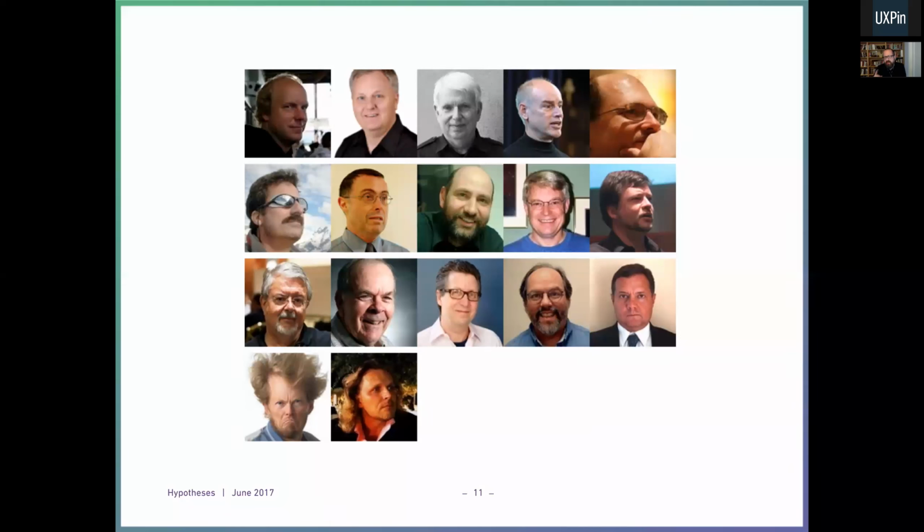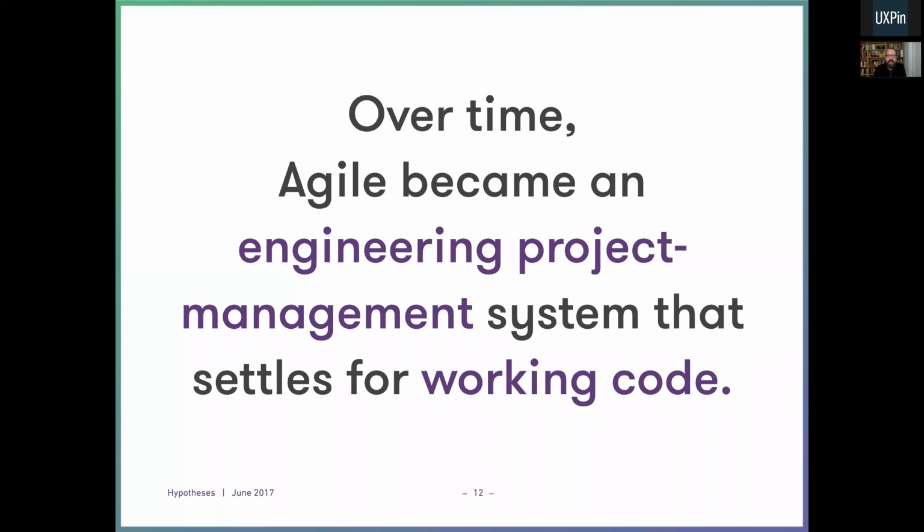Let's build a process around a kind of continuous production of software, continuously checking in with our customers to see if we're right, and continuously adjusting to building the right thing. The problem is that this was all framed as a software development methodology. And so even though I think the intent of the Agile Manifesto was to allow people to learn continuously whether they were making valuable software by getting rapid and continuous feedback, over time, Agile sort of lost its